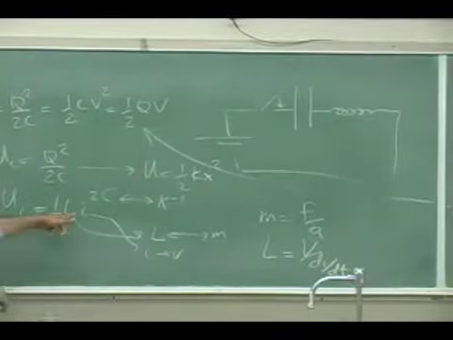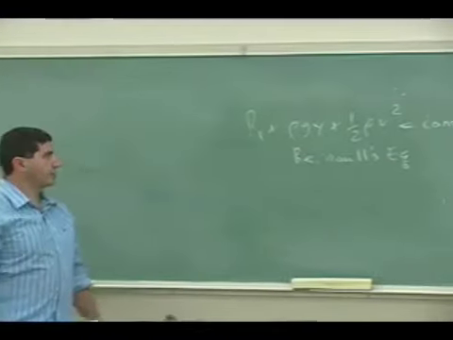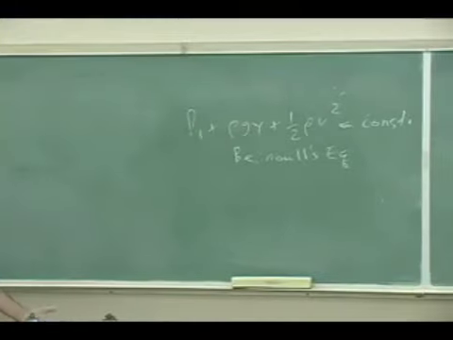So this takes the place of the mgh, the potential energy, and then this is the kinetic energy of a moving fluid. So Bernoulli's equation takes the place of the work energy theorem in physics 1. Bernoulli's equation says that the pressure plus rho gy plus half rho v squared of any fluid is